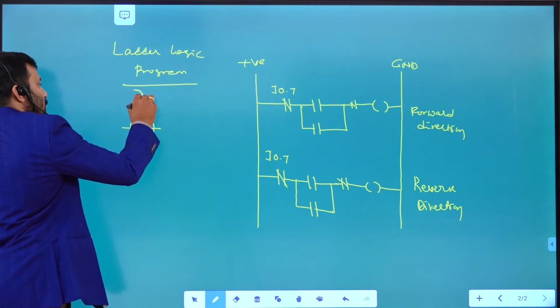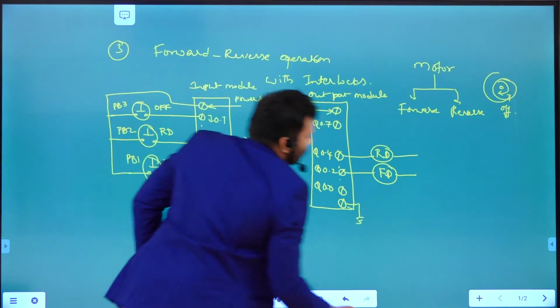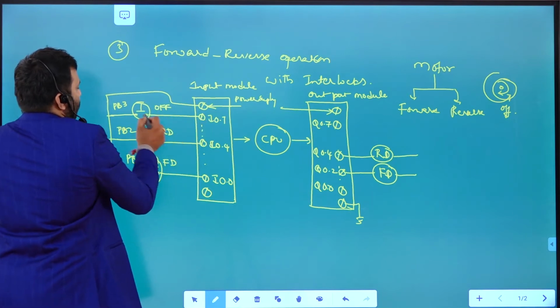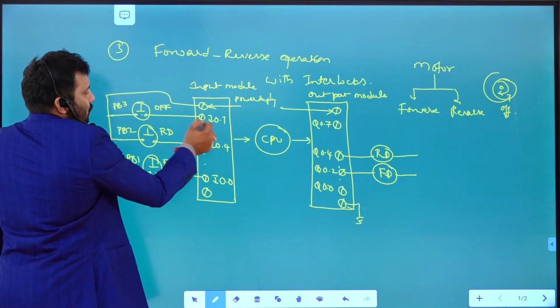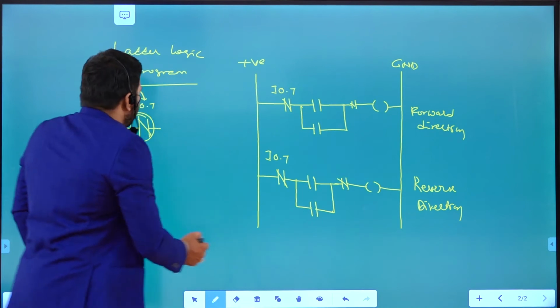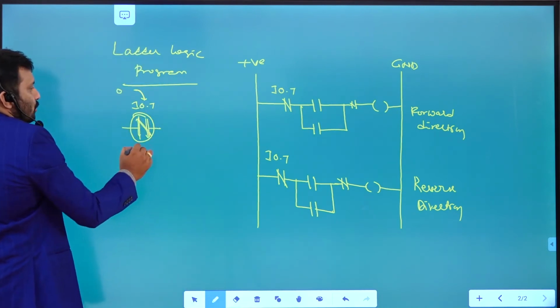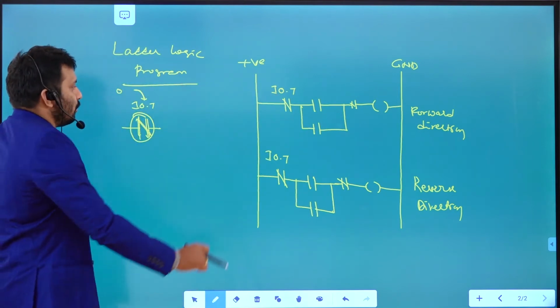In the previous diagram we have seen, if the push button is on, it is giving 1. If it is off, it is an open condition, it is giving a 0 signal. If it is 0, the normally closed contact is not going to be activated.